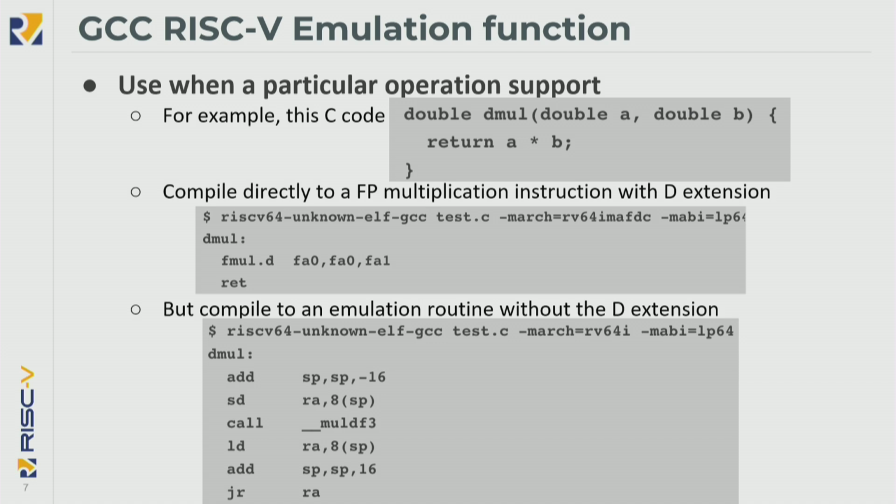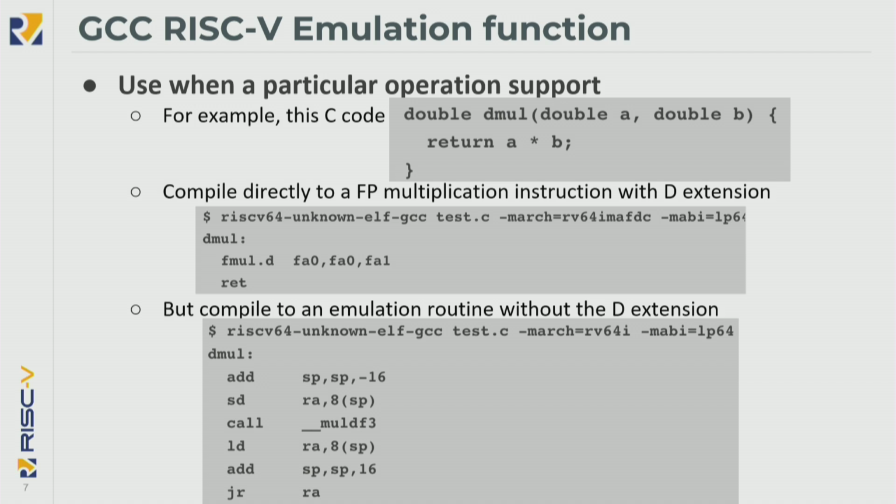So what does that actually mean? Well, let me walk through a simple example. In this particular case, I have a C code that basically takes two doubles and simply returns the multiplication of the two arguments. Now, when you actually compile this particular C code with the